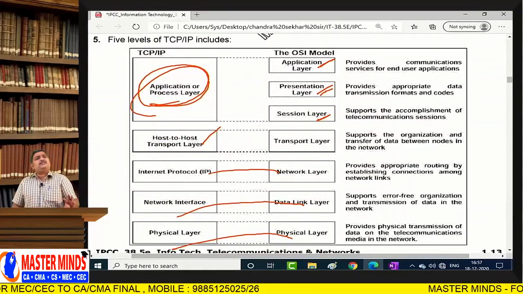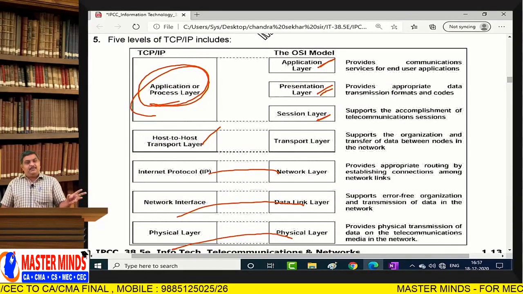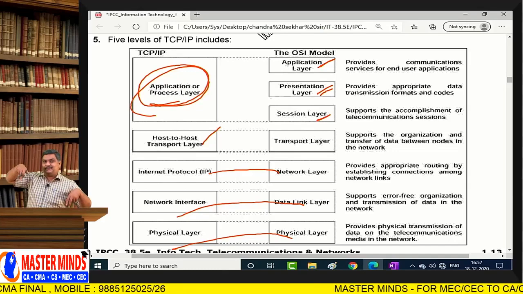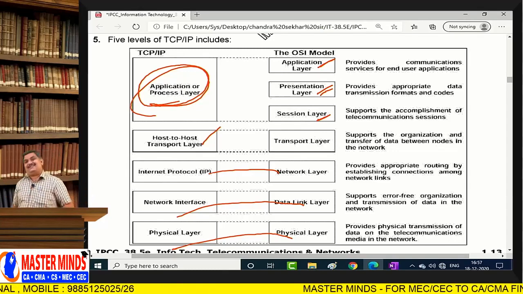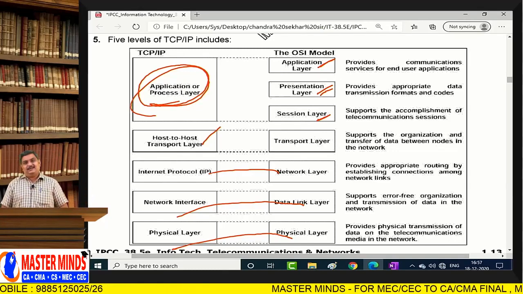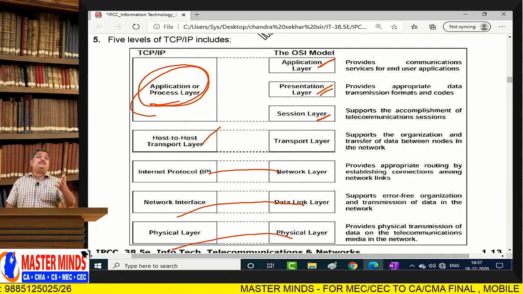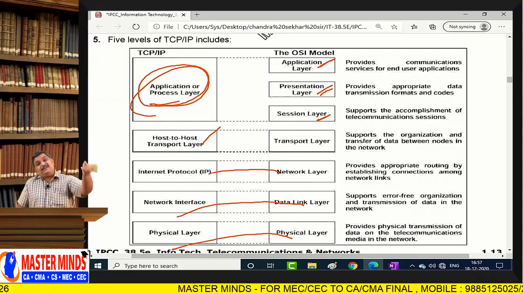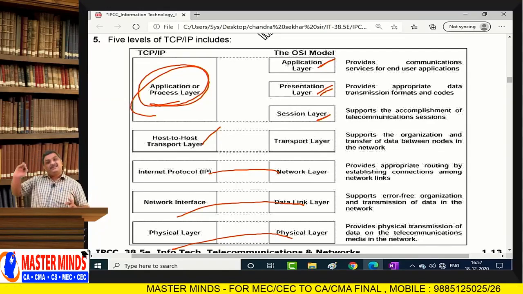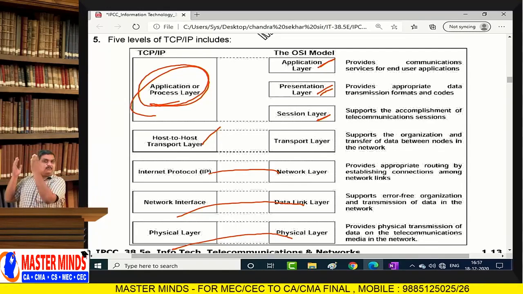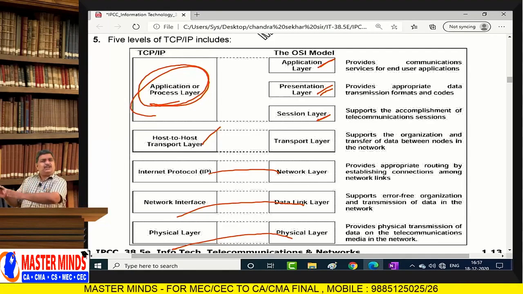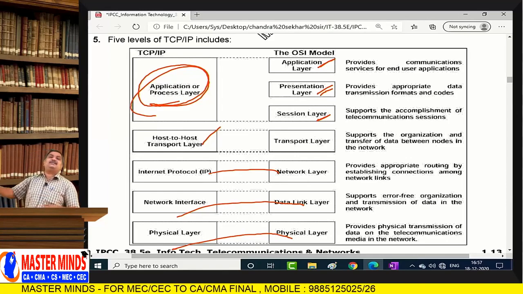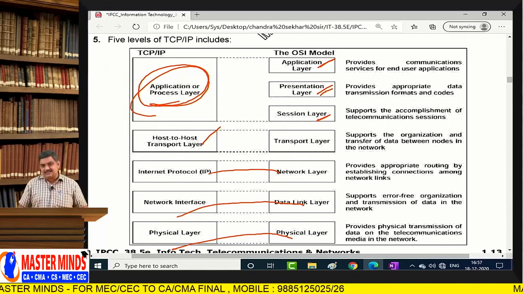So the TCP/IP model is a 5-layered model, but these 5 layers perform the functions of the 7 layers. That means 5 is equal to 7. That's all, simple logic, and those 7 are mandatory. Sometimes you may have a 20-layered model also, but even 20 layers means 7 layers only. The 7 layers are the basic things. Based on that you may divide, increase or decrease, but the basic work is that 7-layered model. That is why the OSI model is important.